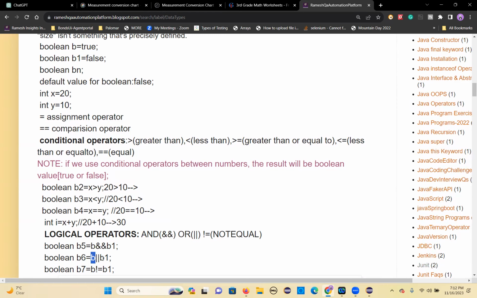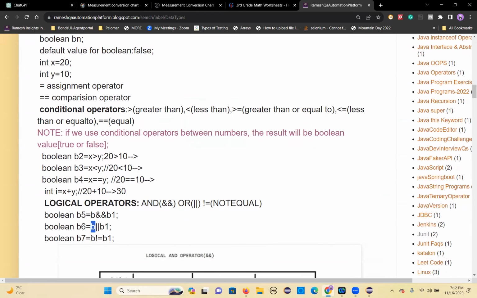So B or B1, true or false. What is the output? True. Excellent. B not equal to B1, true not equal to false. True. Right. So this is how you will use it, and based on this output,